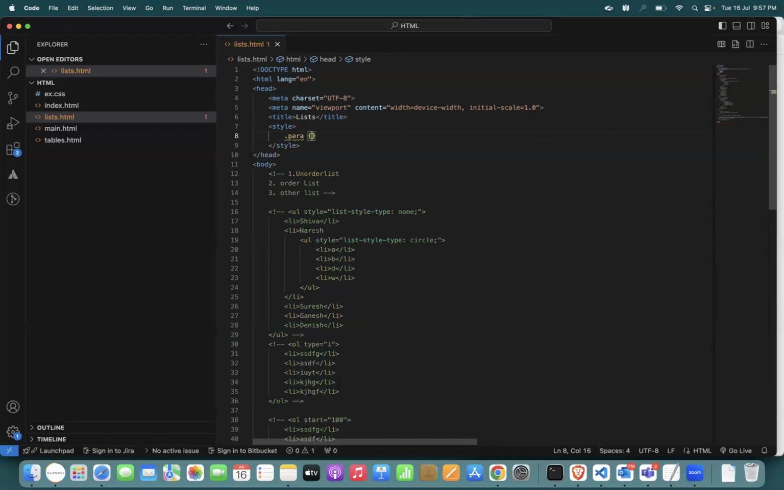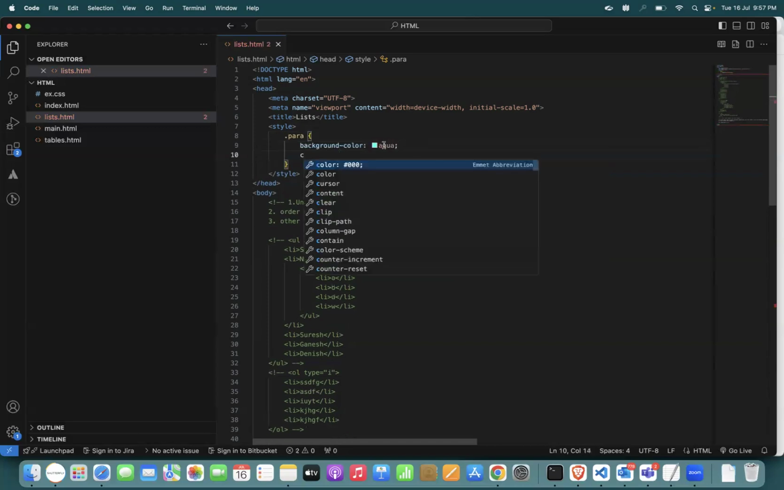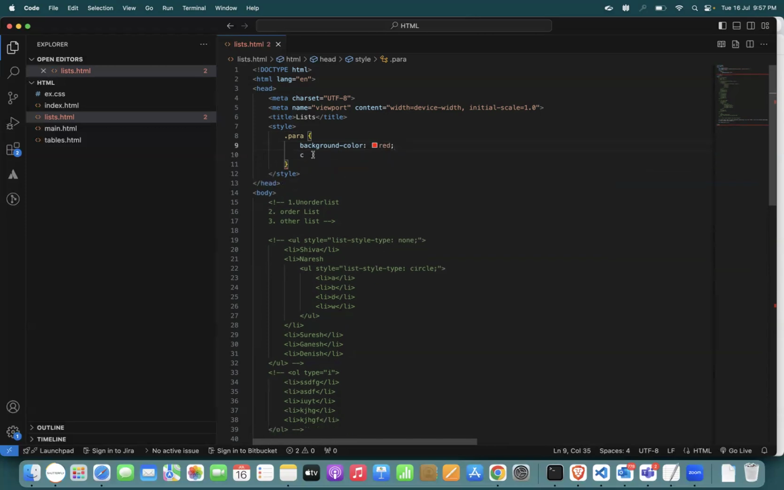So okay, let me add a paragraph background color. I'm adding aqua here, and color, sorry, I will add a different color. So we have red, and we'll add the color. So color, we add the block. So this is called as, we can write